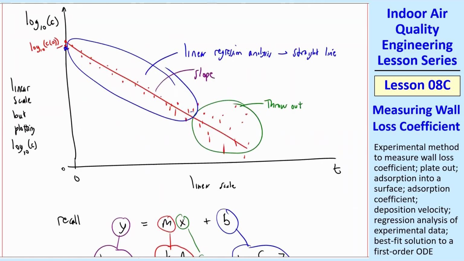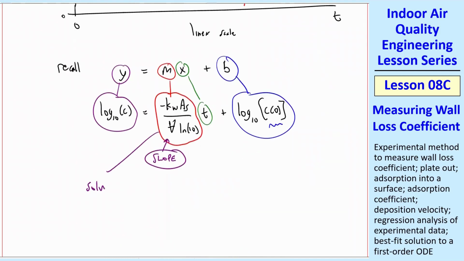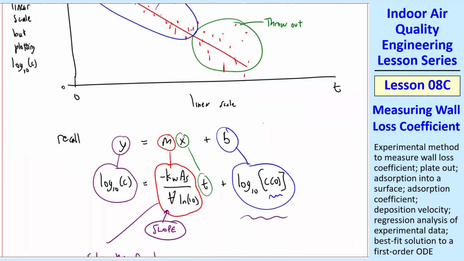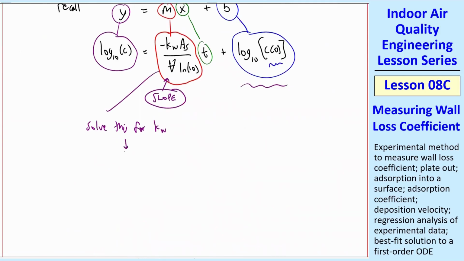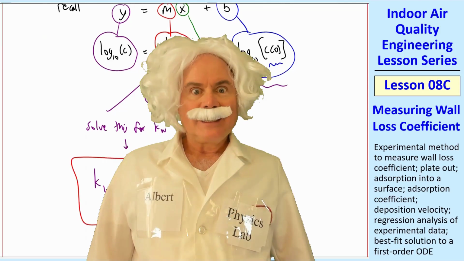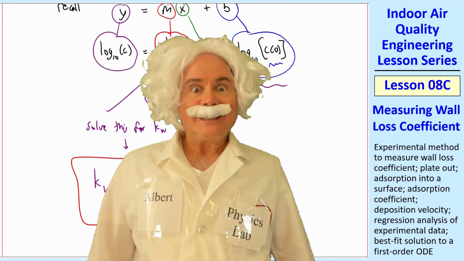To get k_w, we simply solve this for k_w. We don't really care what the y-intercept is. We just want to make sure we have a decent curve fit, not too much scatter. And so your answer is k_w equals negative this slope that we get from our linear regression analysis times volume times natural log of 10 over A_s. And now you're able to measure k_w. That's pretty slick, I think. I really like this